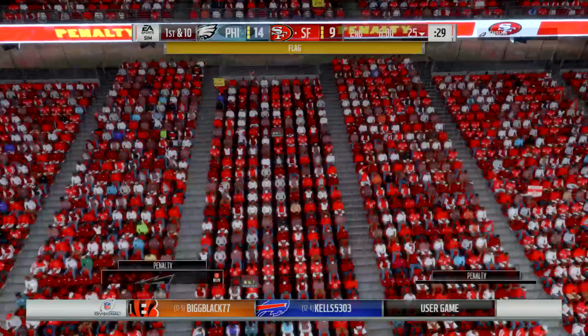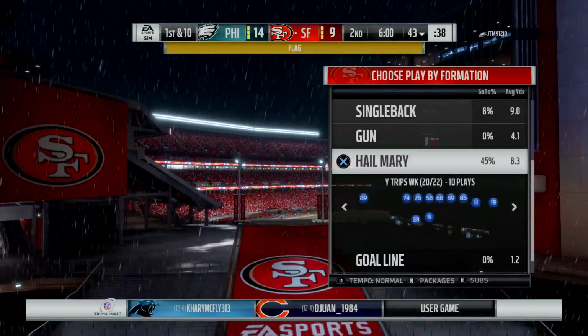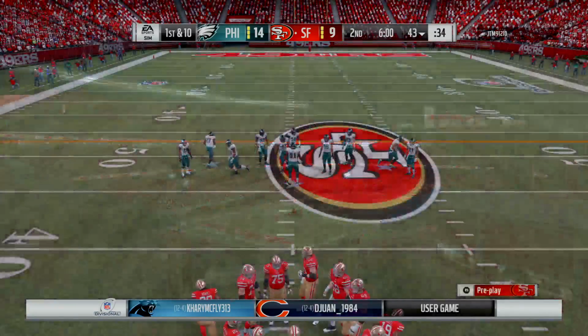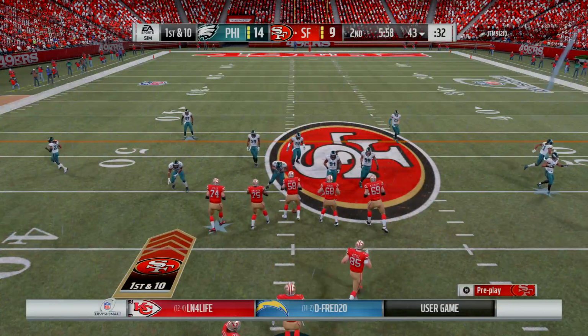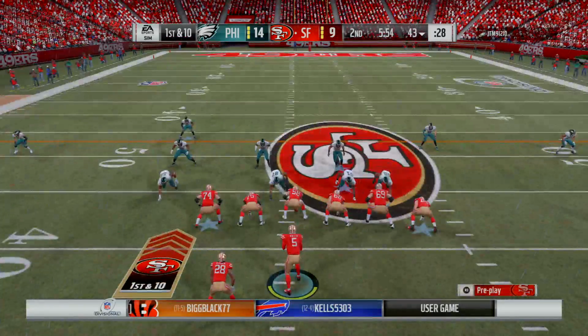Because you're exactly right. They're none too pleased that they didn't punch it in for 6 points. But we also have to remember they did put points on the board. 3 points is 3 points. And in this league, you take points when you can get them. Not easily done. So the yellow flag came out, and that leads to a new set of downs for this